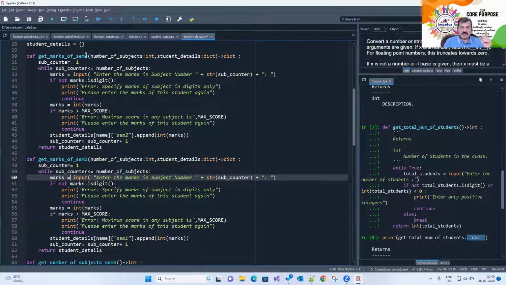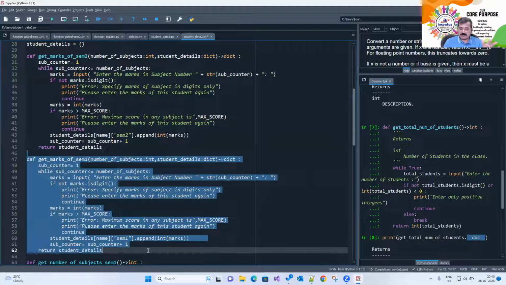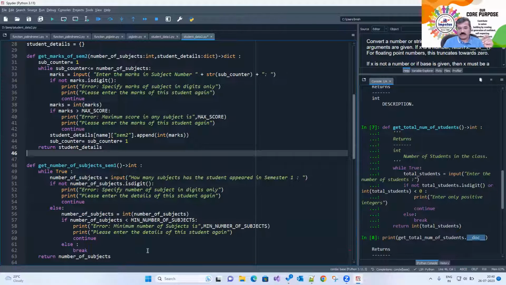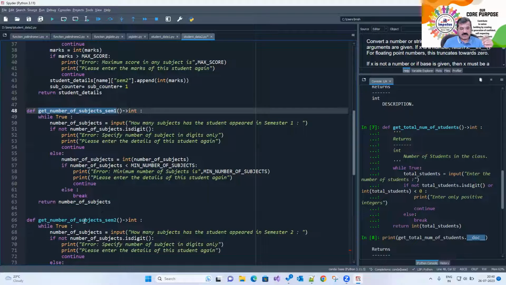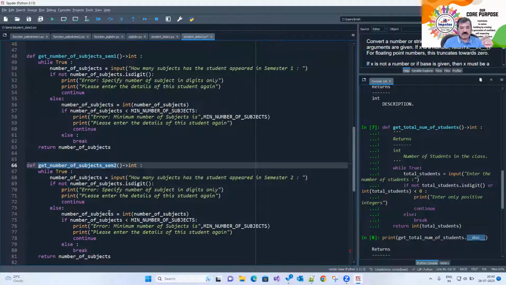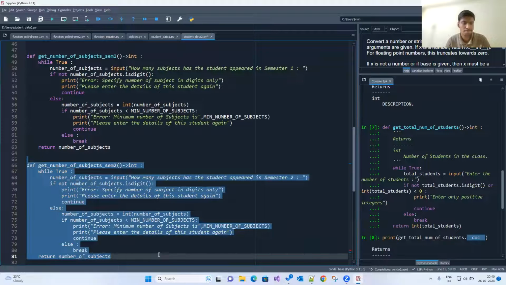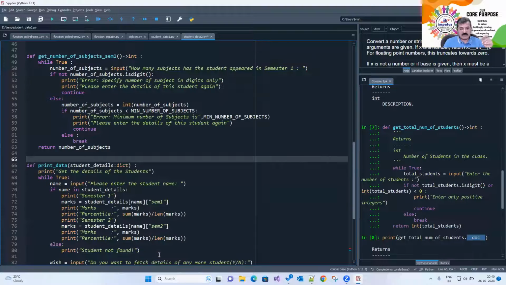तो ये गेट मार्क्स इन अ पर्टिकुलर सेमेस्टर, तो मैं डायरेक्टली इसे डिलीट कर देता हूँ विदाउट इवन लुकिंग एट इट, और इसे भी डिलीट कर देता हूँ। और गेट नंबर ऑफ सब्जेक्ट्स इन सेम 1 एंड गेट नंबर ऑफ सब्जेक्ट्स इन सेम 2, ये भी शायद एक जैसे ही हैं, यस सर। तो हम इसे भी डिलीट कर देते हैं, पूरा फंक्शन ही डिलीट कर देते हैं। प्रिंट डेटा सही है।